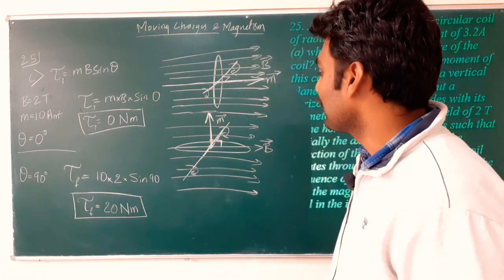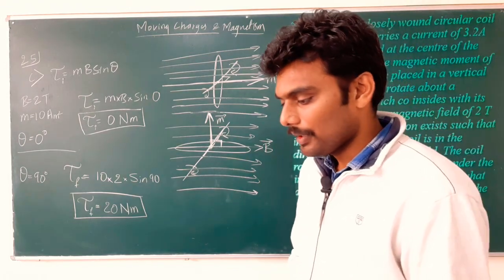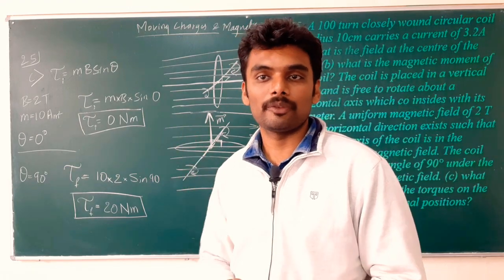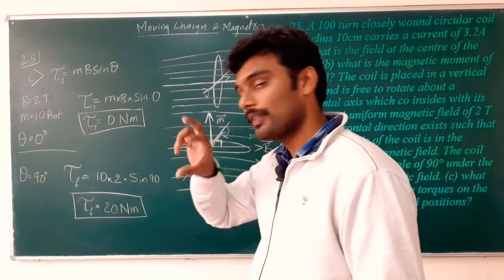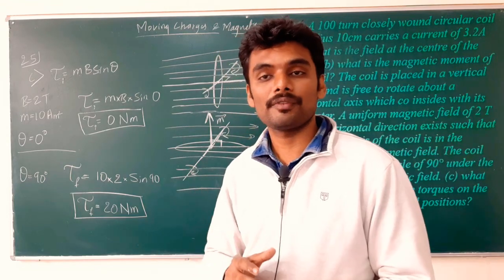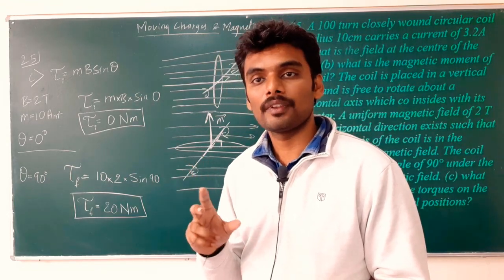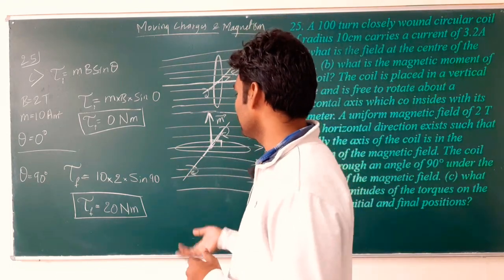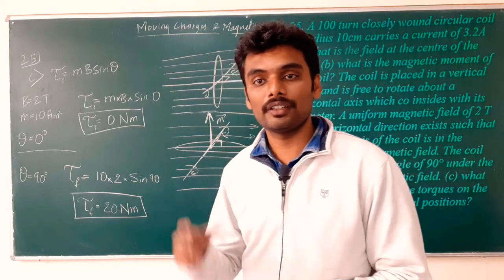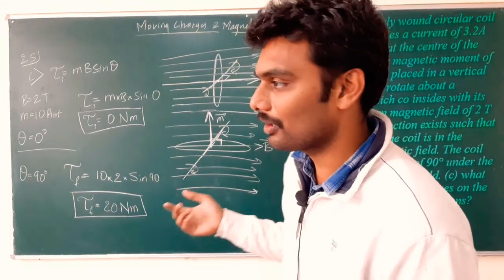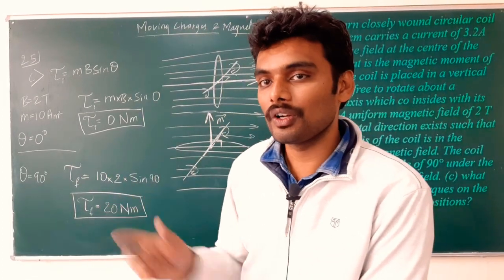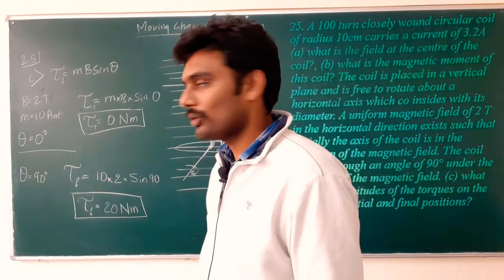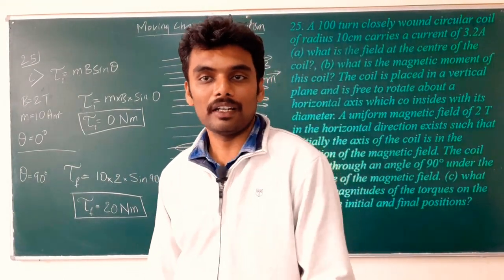So for the same question, if you are asked to get the work done, think over it. How are you going to get the work done? Very simple. Work done for linear motion is force into displacement, right? Here, it is work done for rotational motion, so it is torque into angular displacement, right? Obviously the torque is varying here, it is not constant. Think over it, we have already derived the expression for potential energy stored in the coil. The same way we can obtain the potential energy stored in the coil when it is rotated through 90 degree. Okay, try and get that.